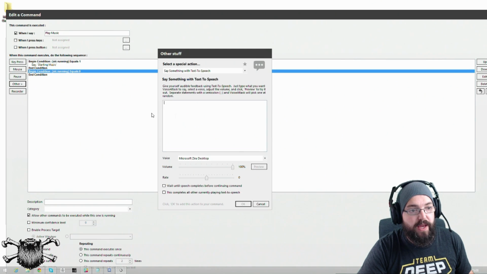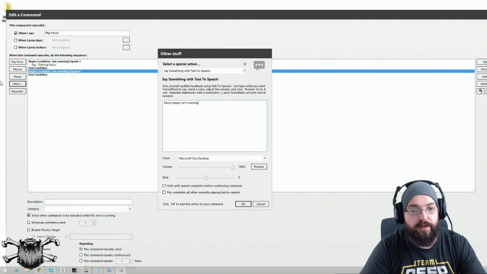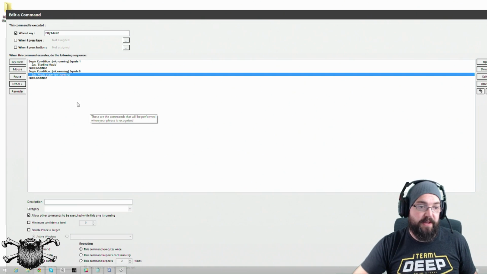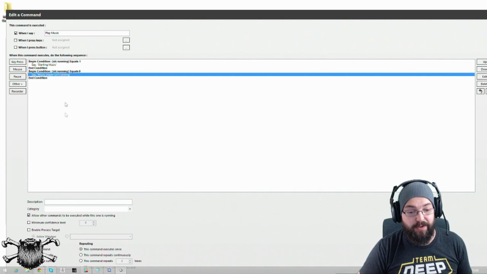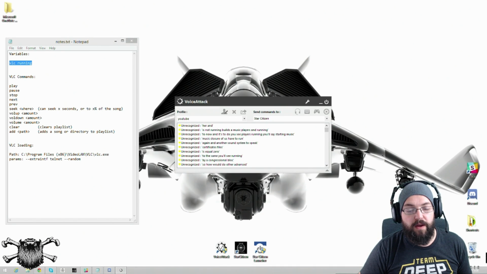Say something with text to speak: Music player isn't running. So now, if the VLC player is running, it will say starting music. If it's not running, it'll say music player isn't running. So now, if we say play music,